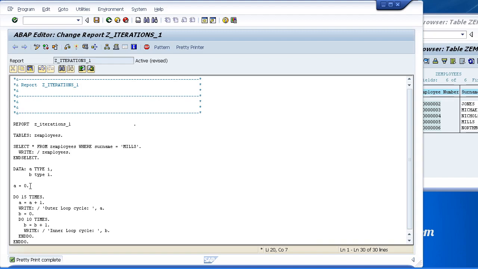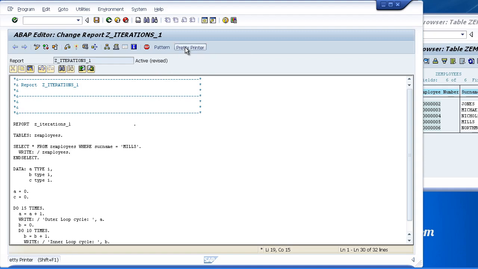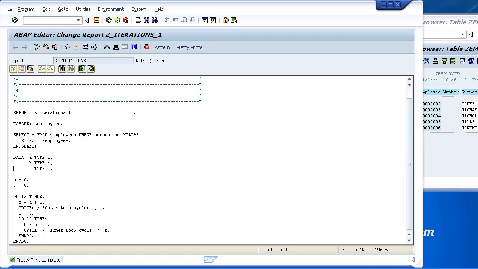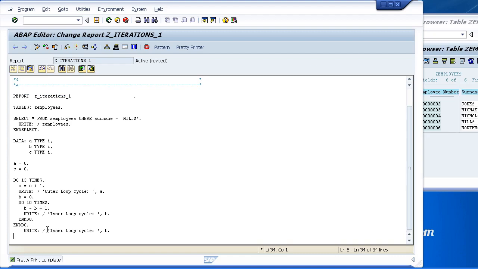And finally, let's just do one more little thing, just to count the total number of loops that we are processing. We'll have a variable called C, also of type I, and at the very end let's do this. We'll write out the value of C,